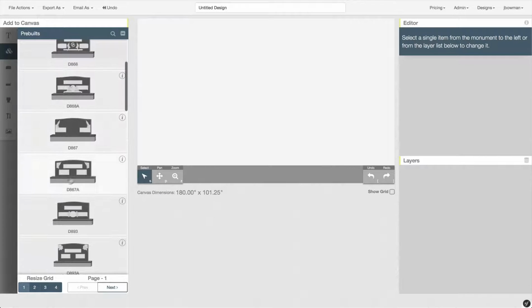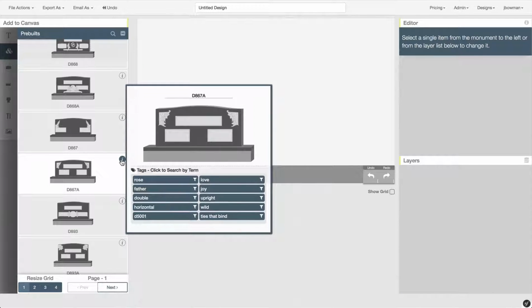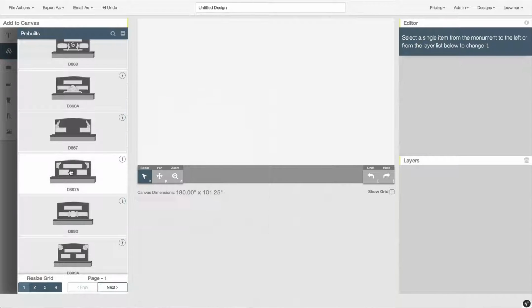And the one that we used is right here, D867A. If I click on the eye at the top right, it'll make it even bigger and show me a list of tags or terms that are associated with this design. Now we can use these to filter and see similar items, but I'll show you more about that later. So if this is something I wanted to add to the canvas, I just click and drag and drop it